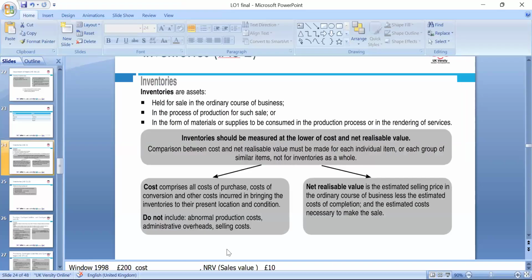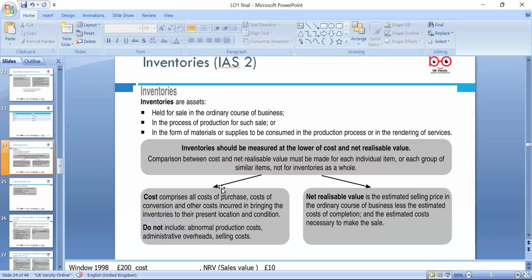Okay, so the second LO is International Accounting Standards. The third one we are discussing now is IAS 2 Inventory. Inventory should be recorded at cost or net realizable value, whichever is the lower. Like the Windows 98 software CDs I mentioned: if their sale value now is less than the book value when we bought them, the asset needs to be revalued at net realizable value. So you record at cost or net realizable value, whichever is the lower.